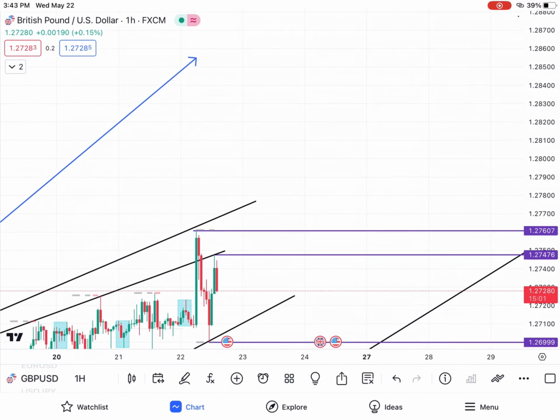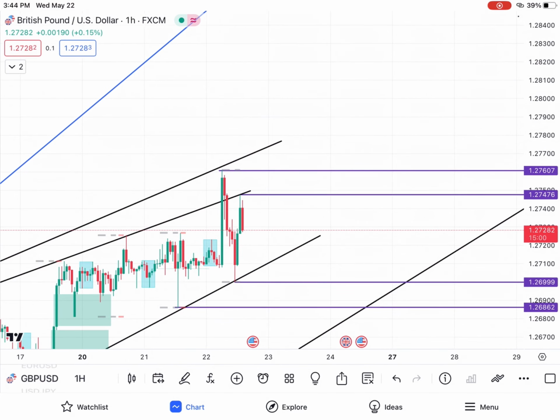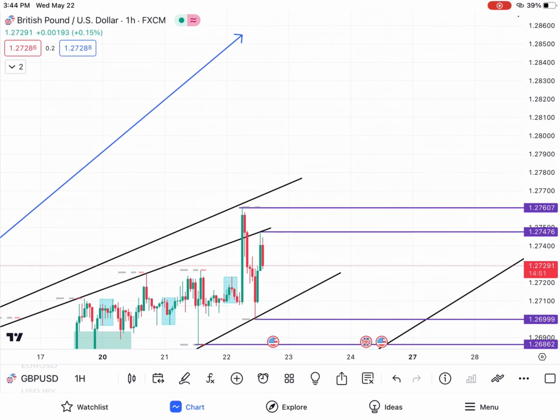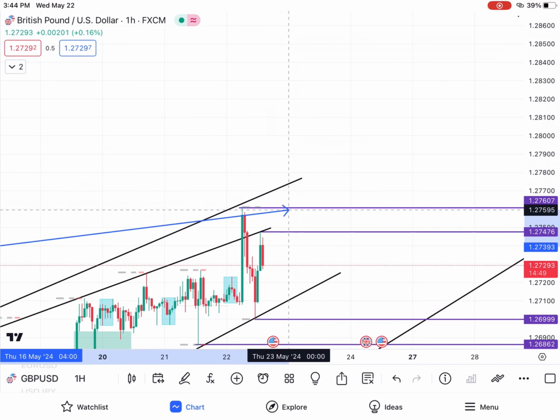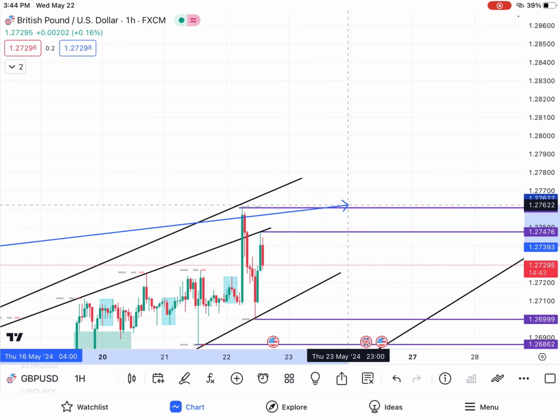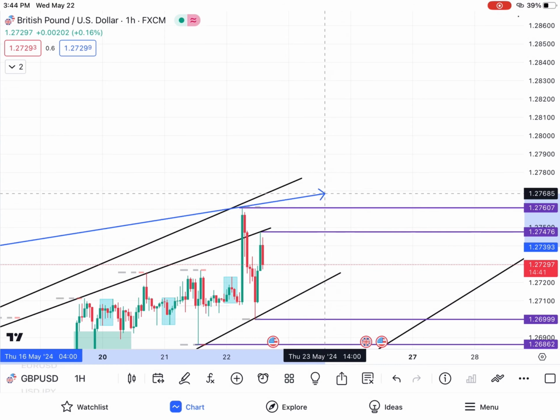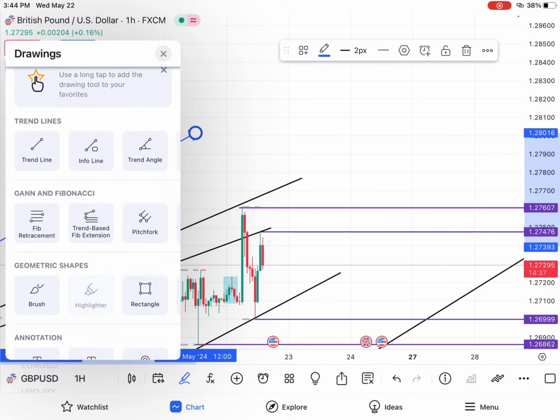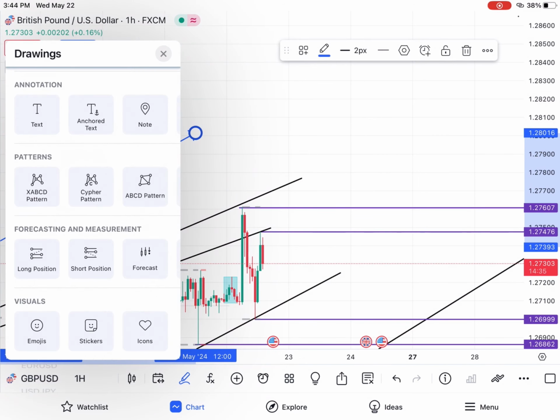So let's go down. So since the market is on this level right now, on the daily, on the 1 hour time frame, we are going to be stopping here. So you want to target from here. If the market is going to be able to break this 4 hour resistance, then you know we are going to be getting safe travel to the upside. So let's bring out our long position